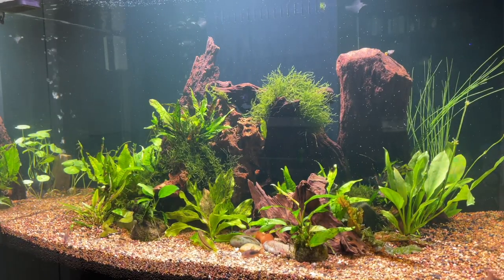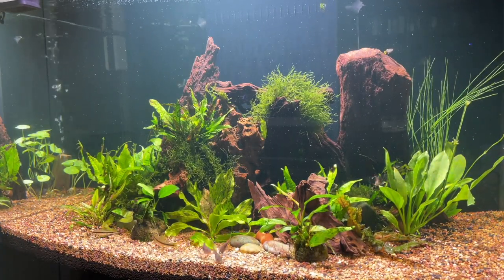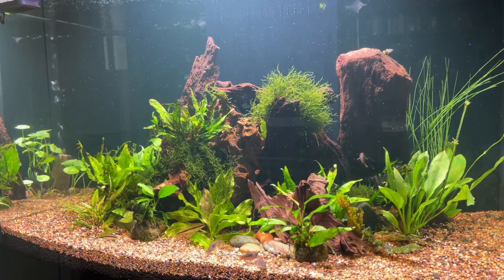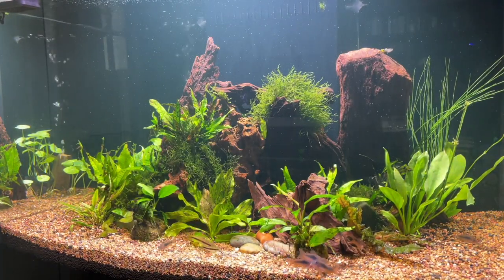Canister filter's working just fine. The pump just lets off a little bit of heat, but it's relatively quiet. I'm surprised, very quiet. And it seems to have quite a lot of strength, the pump does. So it's not losing a lot of its head pressure. Probably because,